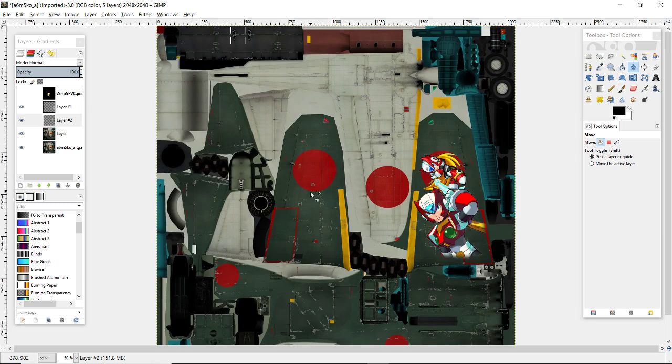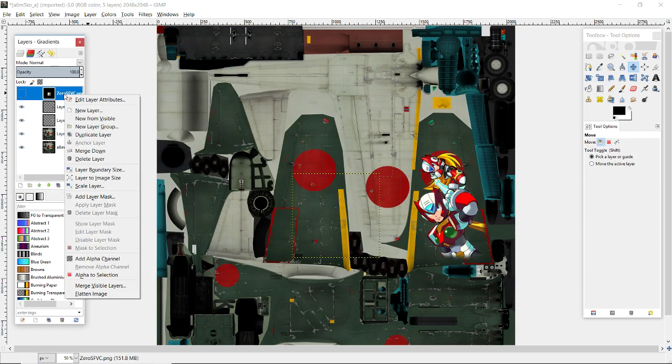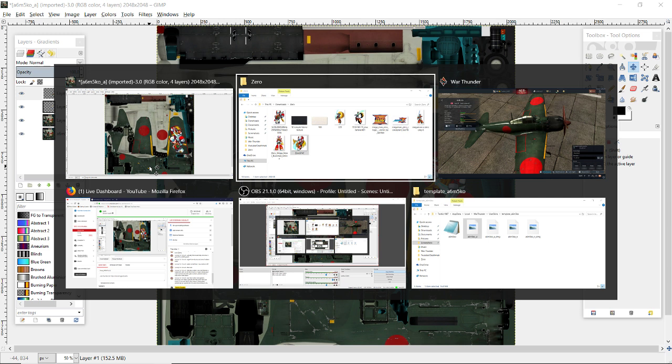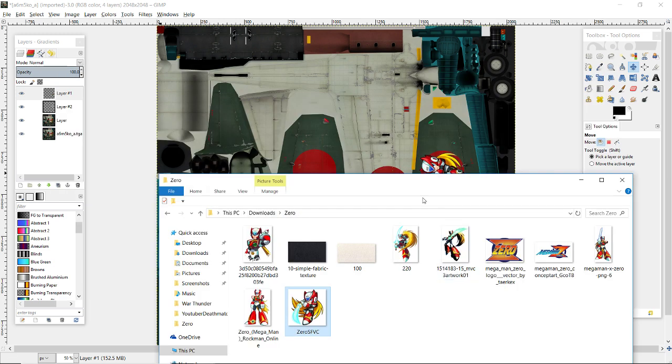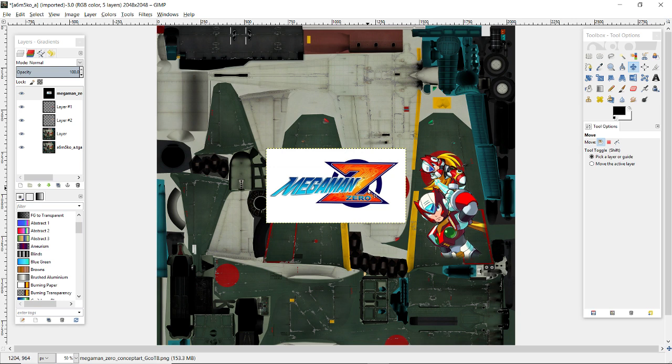Now for the top side of the other wing, what shall we do? Let's first right click on this image that we dragged in and go ahead and delete it with, again, the D key to delete the layer. Let's get some text on the other wing. Yeah, I think I'll put the Mega Man Zero